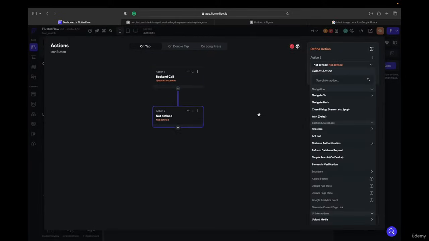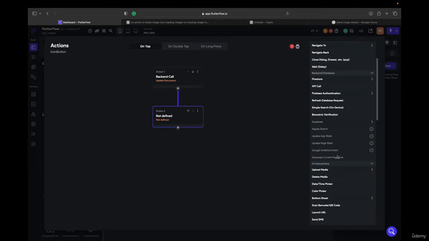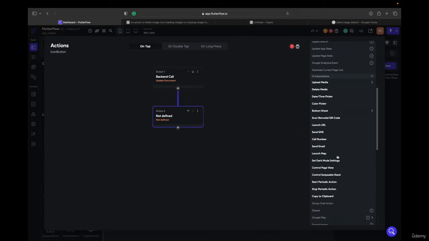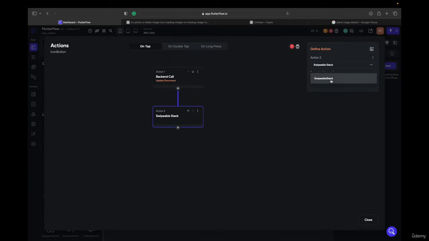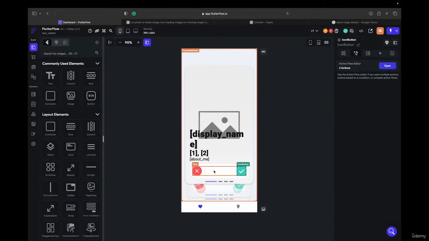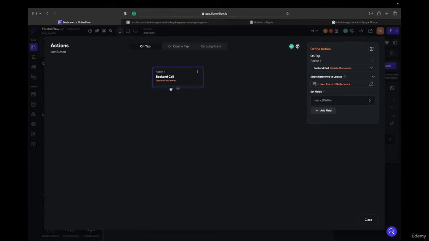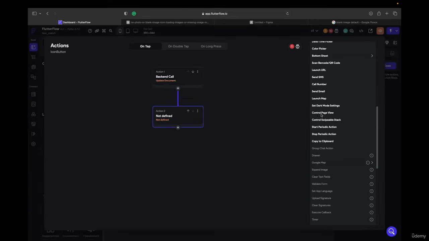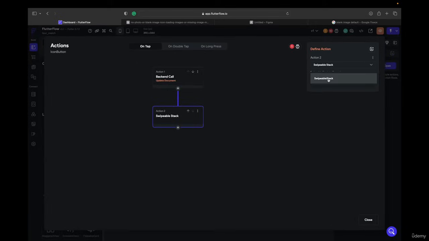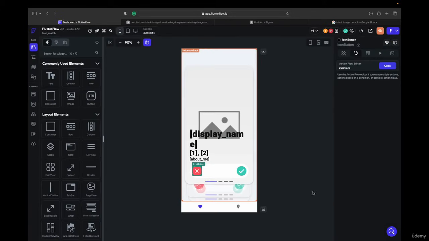So also let's add an action, and this action must do the swipe stack trigger right swipe if we like it, to the right. If we dislike it, we swipe it to the left. Okay,